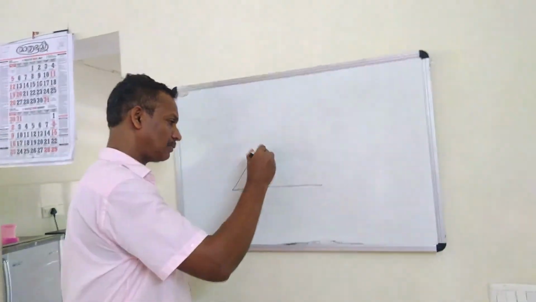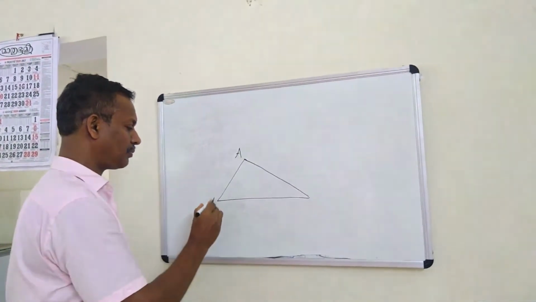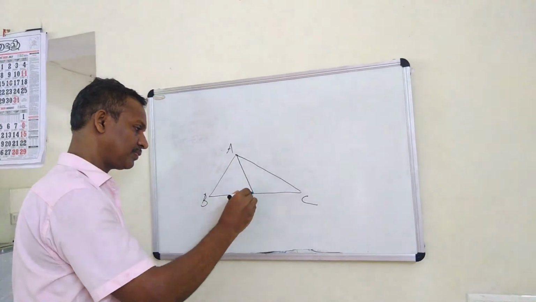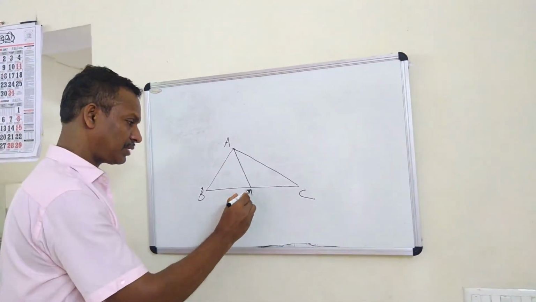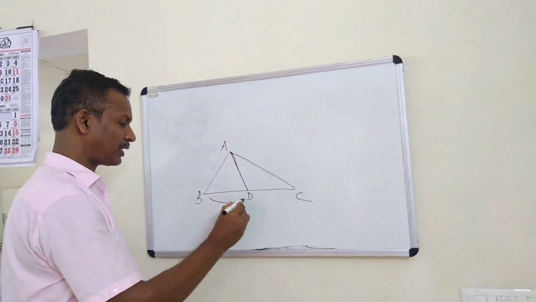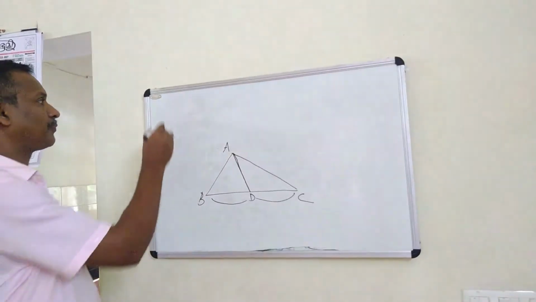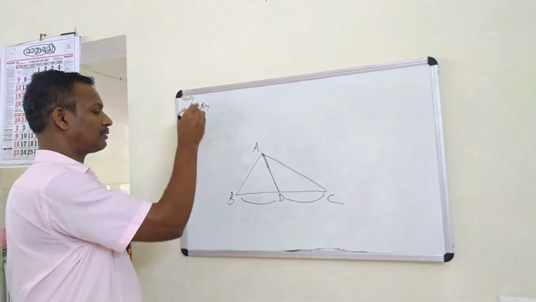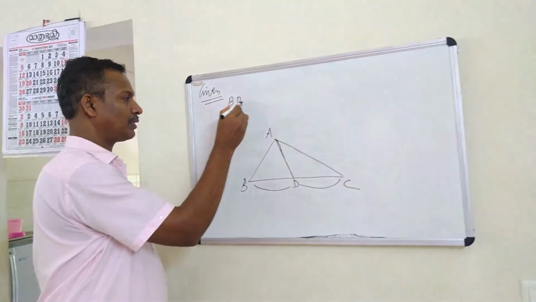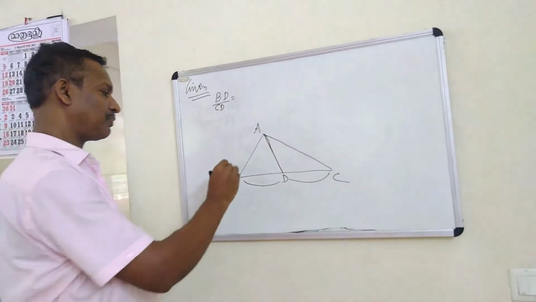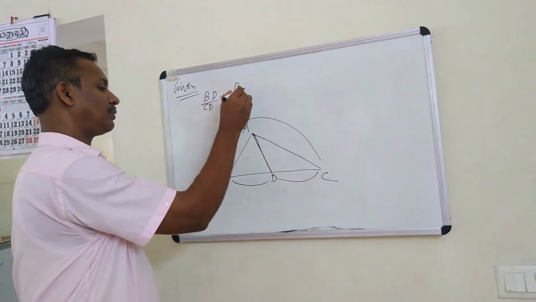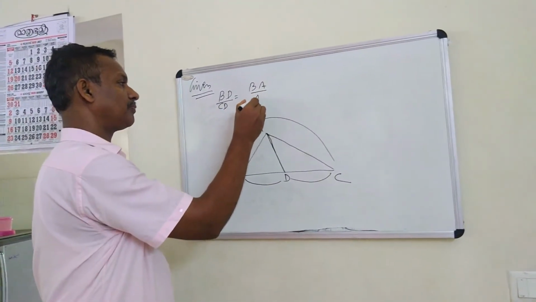Here we are going to discuss the converse of what we discussed in the previous question. This is a triangle ABC, any name we can give according to the question. A line is drawn from A and intersecting BC at D. This AD divides the opposite side in a ratio. It is given here. The ratio is BD by CD. That ratio is equal to the ratio of the sides containing this angle. So it is given like this, BA by AC.